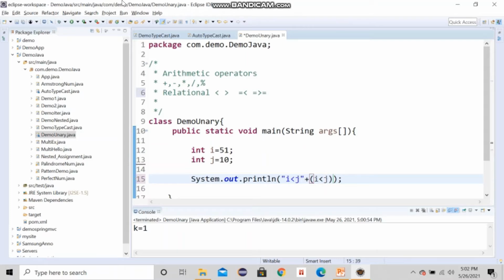Let me put equal to also and run this. See, it is returning a boolean value. I less than j returns false, because this condition is false here: i is 51 and j is 10.